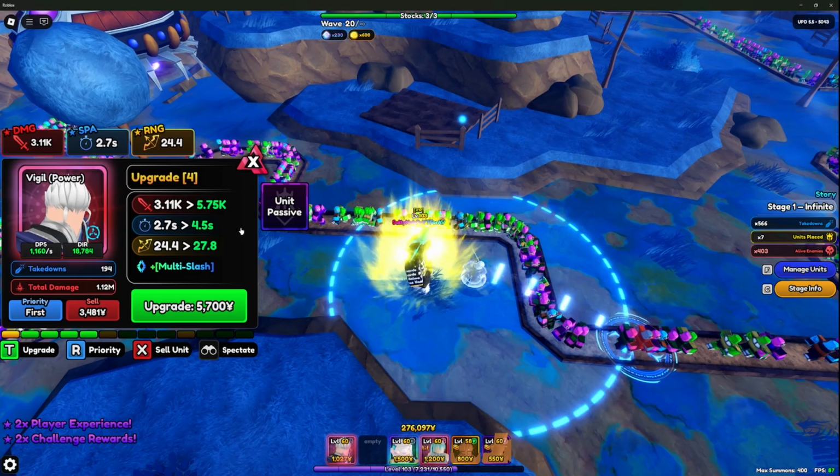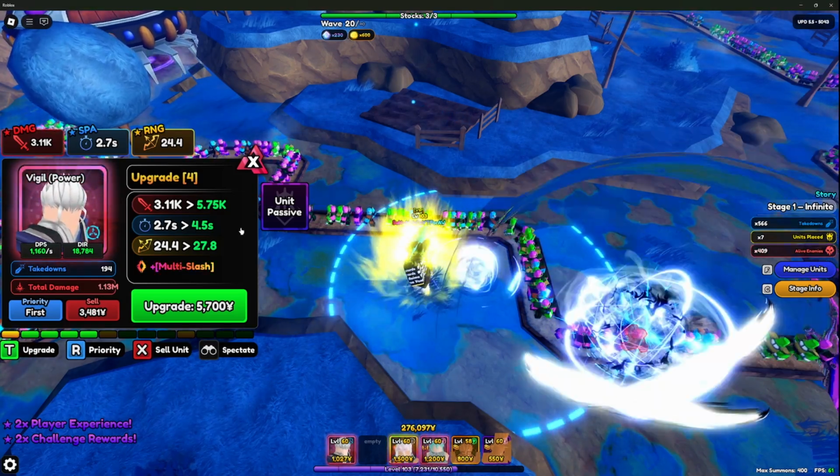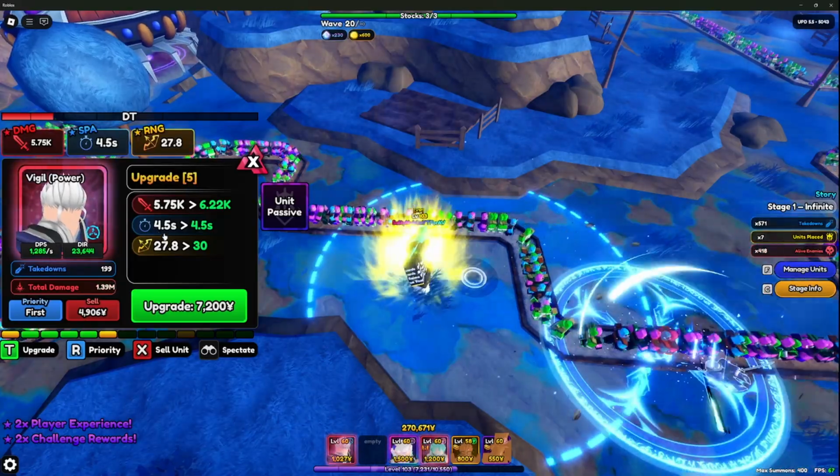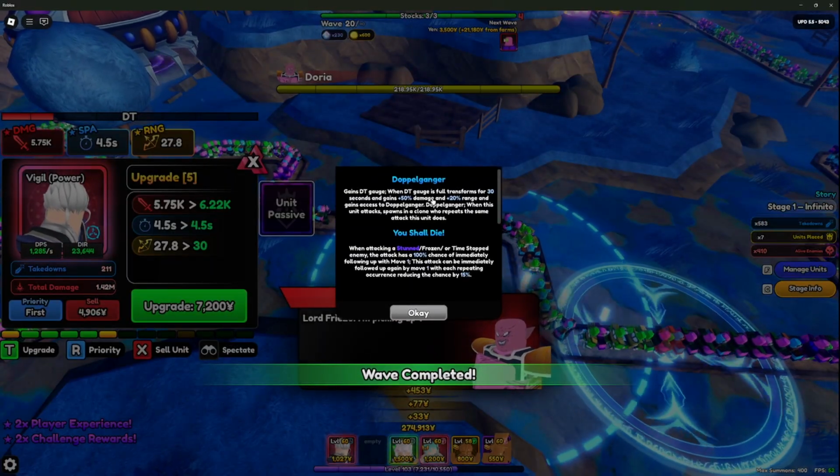And this takes his AoE from Splash AoE or Circle AoE to a very big Splash Circle AoE. He gains a DT bar, just like Dante. It's really cool. So let's talk about that next passive. Doppelganger,